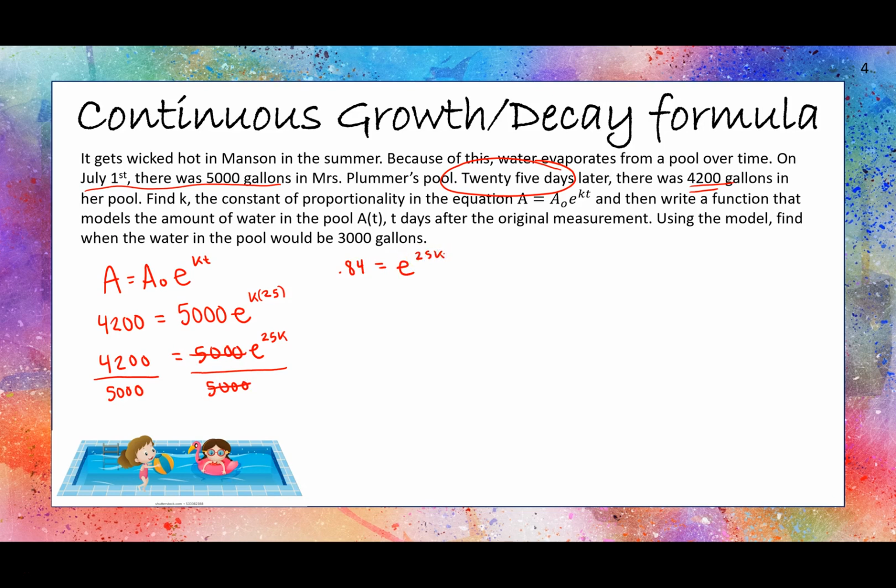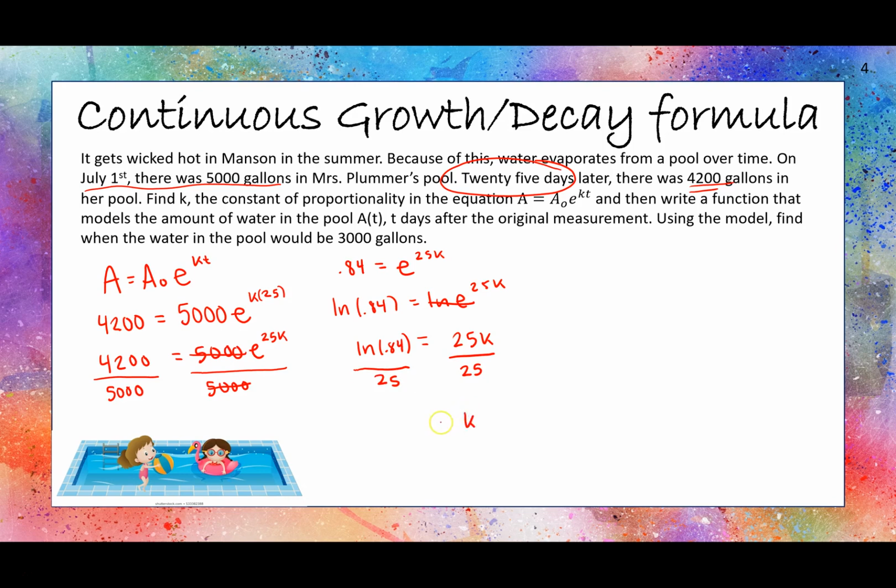Now you need to think back, how do we get rid of a variable in an exponent if our base is e? Well, in this case, we're going to take the natural log of both sides. And you'll see that ln e cancels, and I'm just left with 25k being equal to ln of 0.84. And you don't need those parentheses, but c'est la vie. Divide by 25,